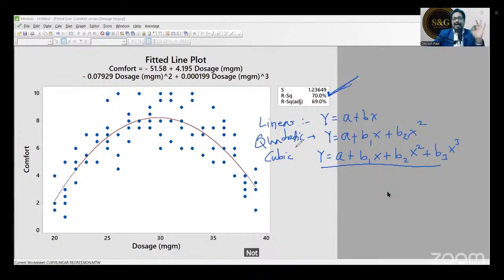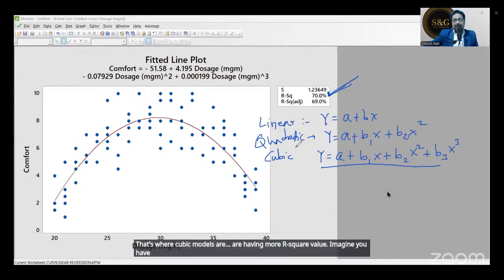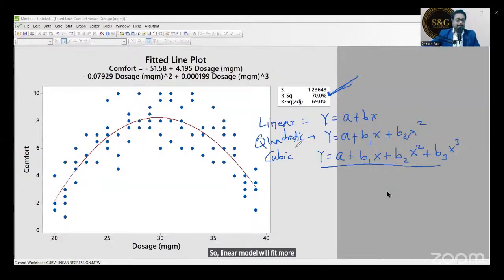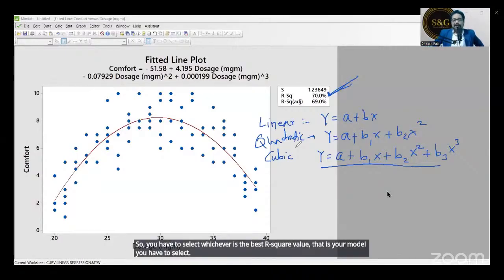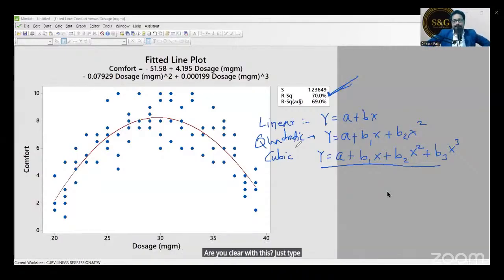Not required sometimes, because this is a curvilinear regression, that's where cubic models have more R square value. Imagine you have a straight line equation, then the linear model will fit better than the cubic model. Are you clear? So you have to select whichever has the best R square value. That is the model you have to select. Are you clear with this? Just type yes in the chat box.